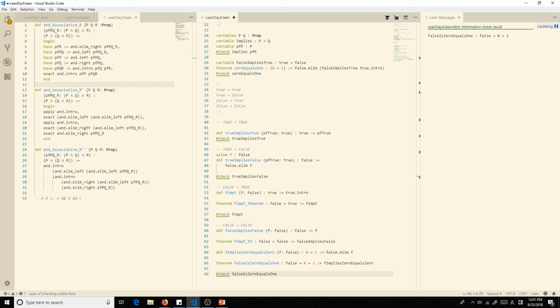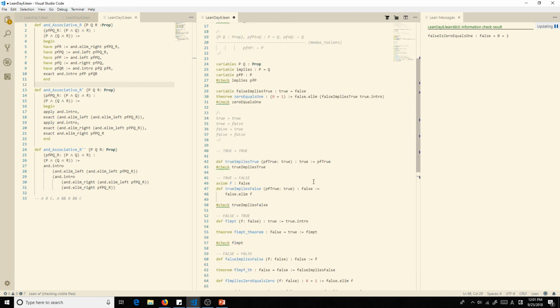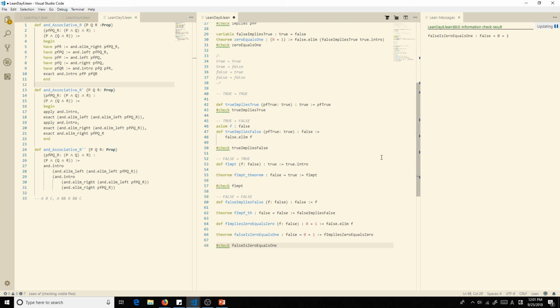It's not nonsense. We know that true implies true. Or was that? Okay, it's all over here. True implies true. True implies false has no proof. False implies true is true. We can prove that, even though for some reason Lean was hating me. And false implies false. True implies true, and false implies false are pretty self-explanatory. You'd pretty much always assume that happens.